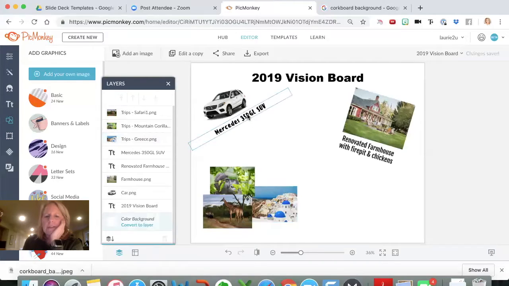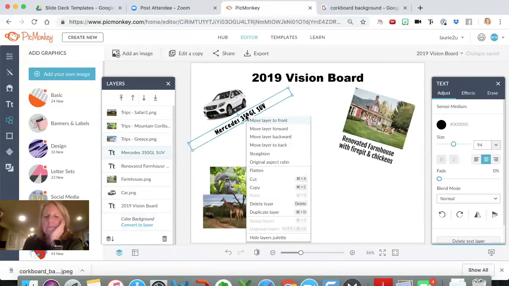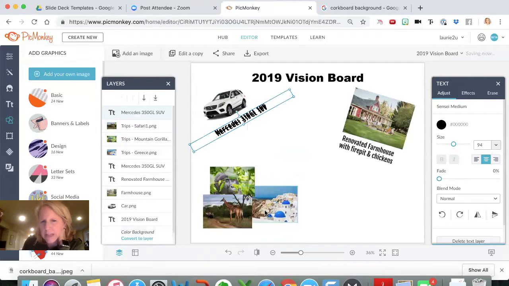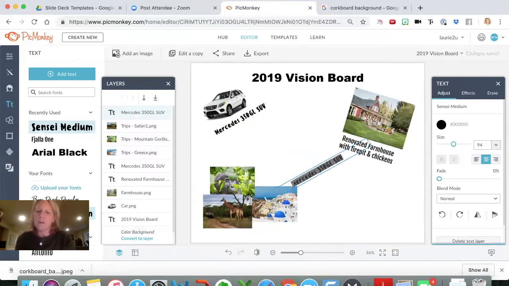So I'll show you how you do the text. You can highlight that, and then double click on it, and then you can copy, or it's called, I think, duplicate layer. Yeah, duplicate layer. They've changed some of the terminology of this. And so you could say trips, make it all caps, and you could also put text for each particular trip. So let me turn this. Maybe I want to make it bigger.